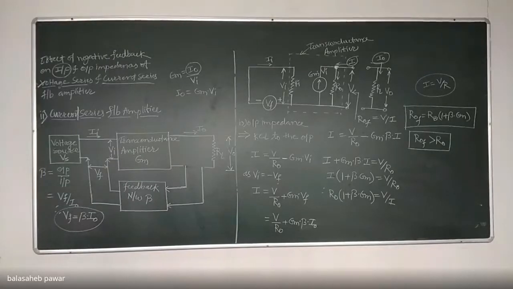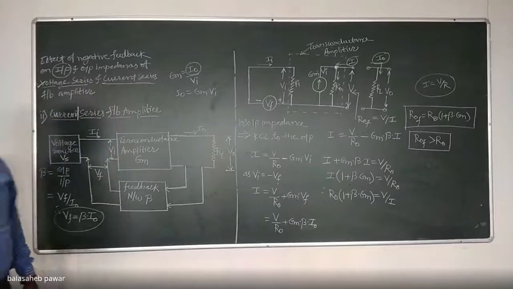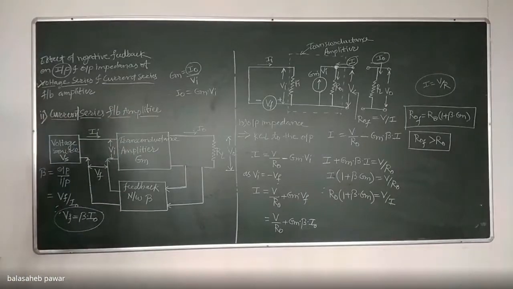Right now, any other means the remaining two, that is voltage shunt and current shunt. But numericals will not be asked based on voltage shunt and current shunt, because in your syllabus I mentioned only two topologies are given, that is voltage series and current series. So the numerical will be based on either one. Okay. So I will give a few steps that you have to note down: how to identify that topology and later how to perform its analysis.